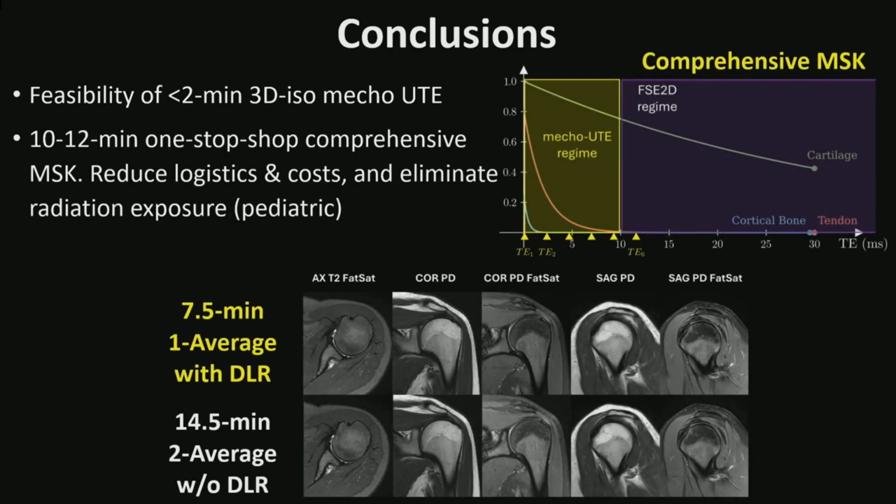So in conclusion, this study demonstrates the feasibility of less than 2 minutes 3D isotropic 4 echo UTE using deep learning and CG-SENSE, allowing image quality similar to the 5.8 minutes gridding reconstruction. In combination with FSE 2D, it may enable around 10 to 12 minutes one-stop shop comprehensive MSK imaging. When appropriate, it reduces cost, logistics, and also eliminates radiation exposure, particularly for pediatric patients or patients requiring multiple